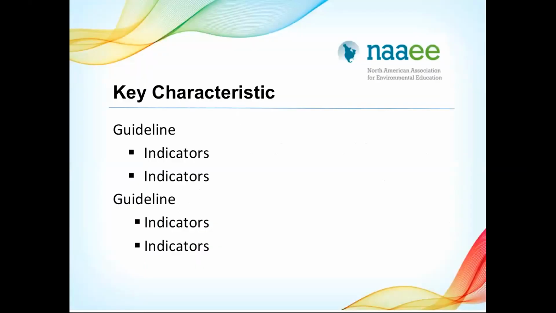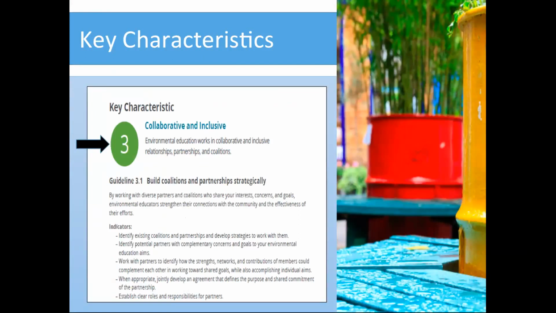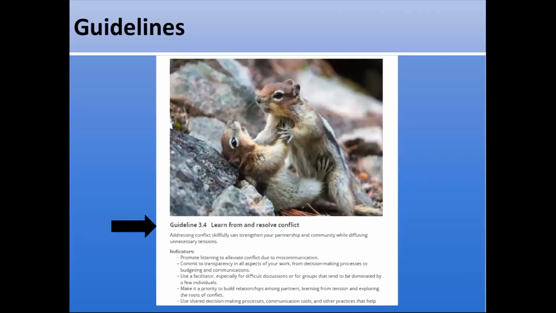So basically, how do we pack all of that information and more into these guidelines? I'm going to go over a quick overview of the structure of the guidelines. For each of the 5 key characteristics I've just outlined, you'll find a short descriptive explanation of what that key characteristic is. Additionally, for each of the 5 key characteristics, we've included 3 to 5 guidelines that focus on what it takes. What does that look like? What does it take to address that characteristic in our work as environmental educators?